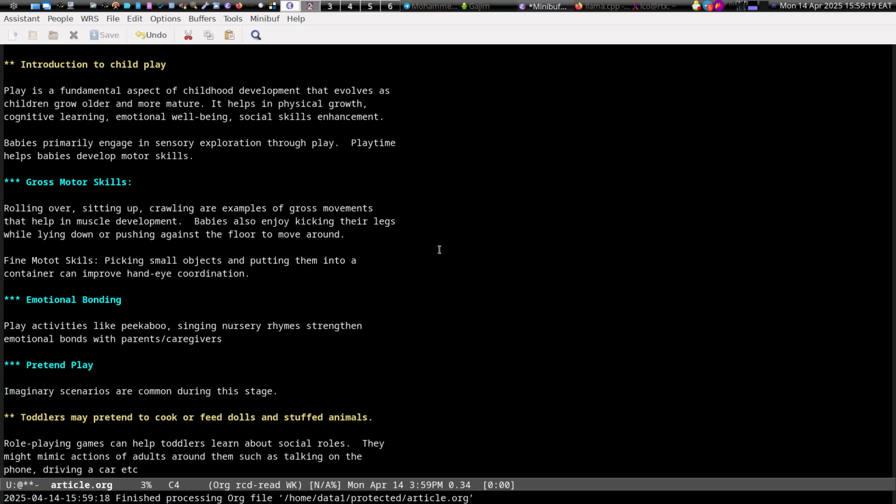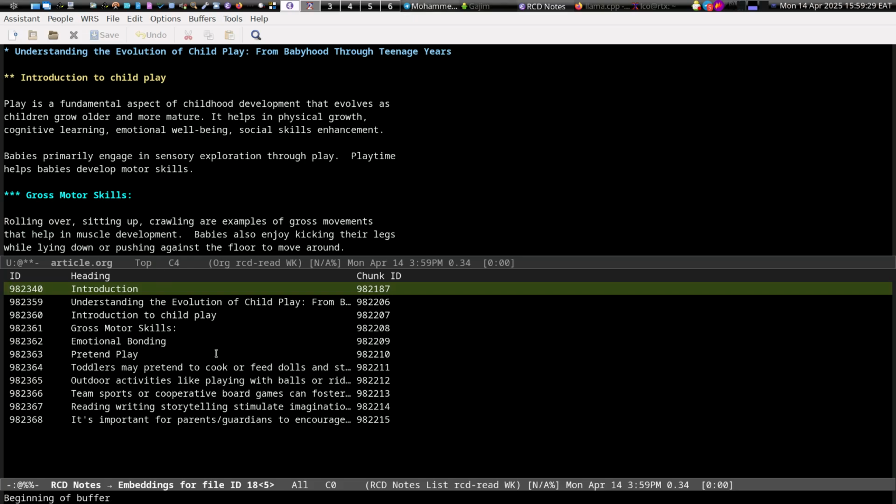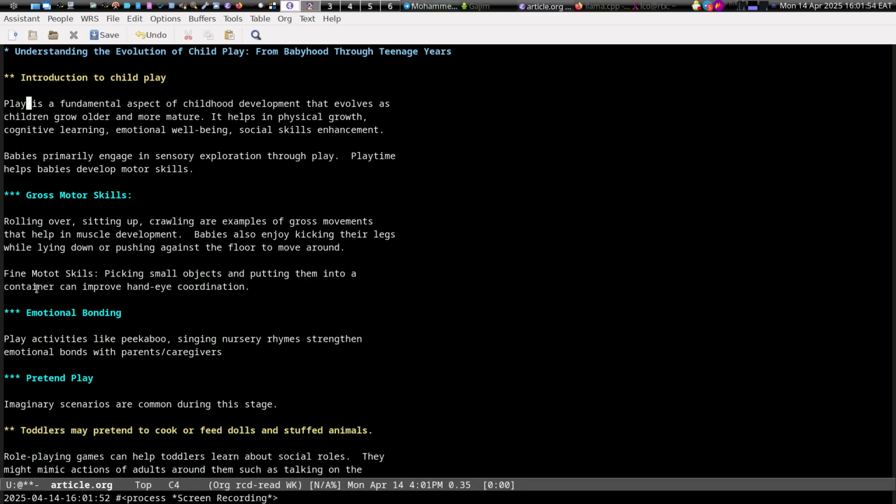Let's do it. So now embeddings are already finished. Let me show you. As you see, all these... well, actually this one should not be there. Okay, let me make that one. Okay, I have now